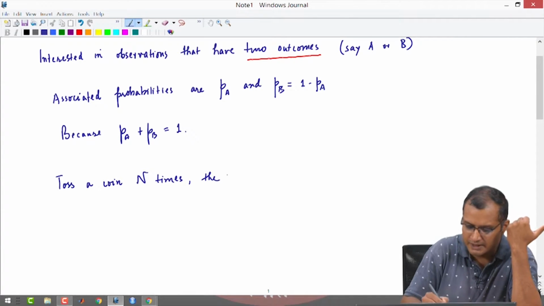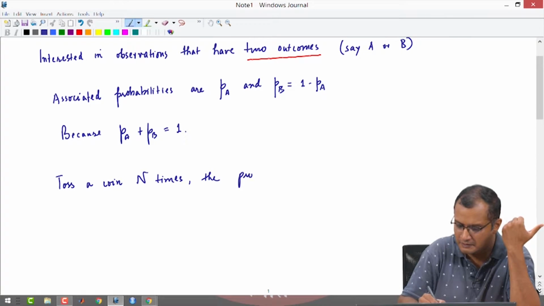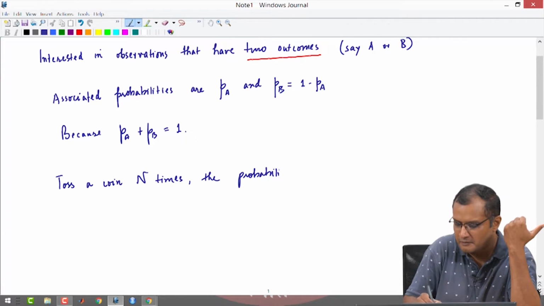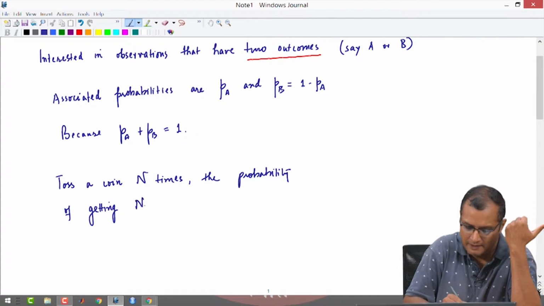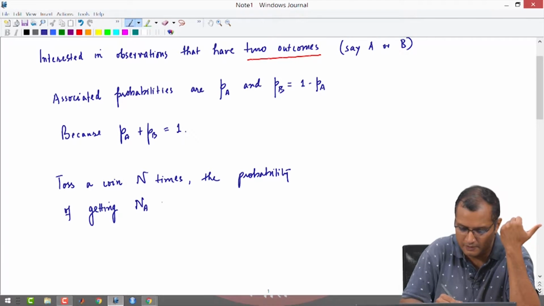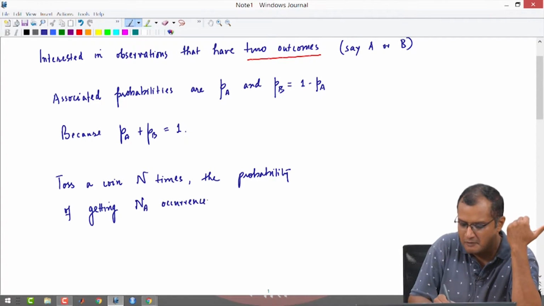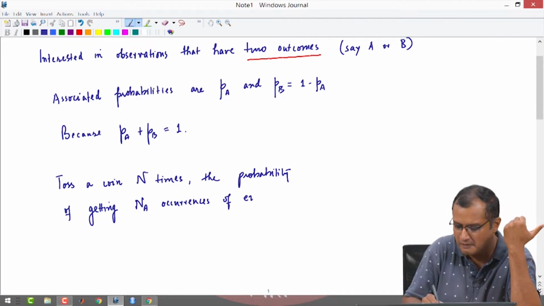So, the probability of getting n occurrences of the event A